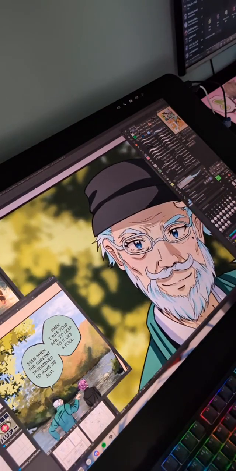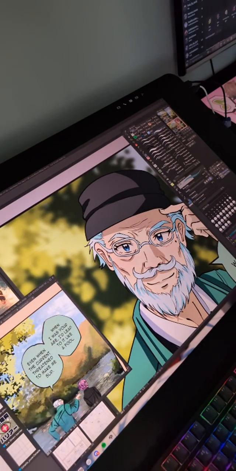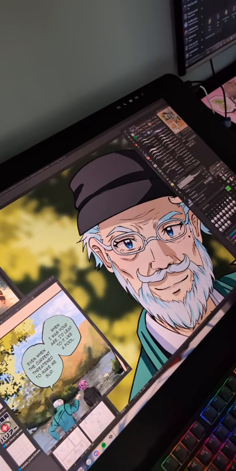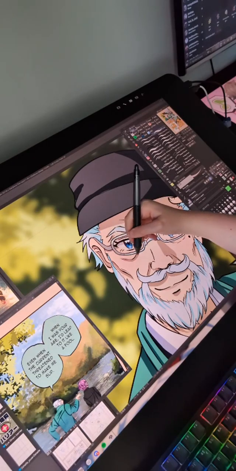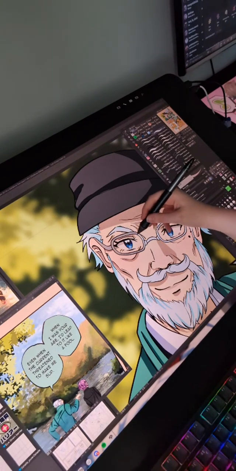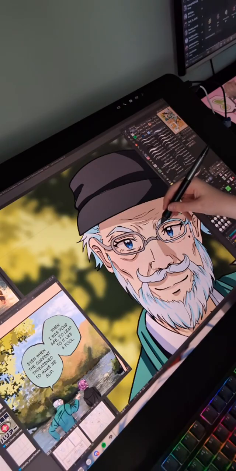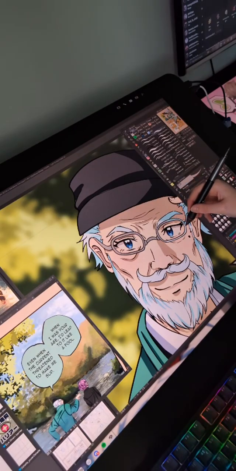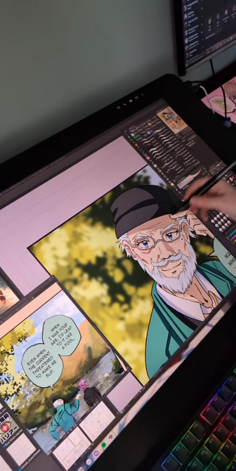Right, and then Grandad's glasses. Did I draw them silver before? I did draw them silver, okay. Let's draw them silver again. Just make sure these are definitely all in. There we go. Alright, and then